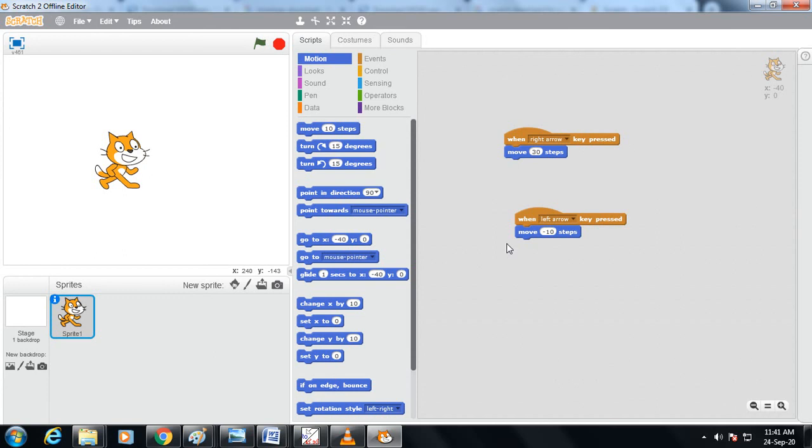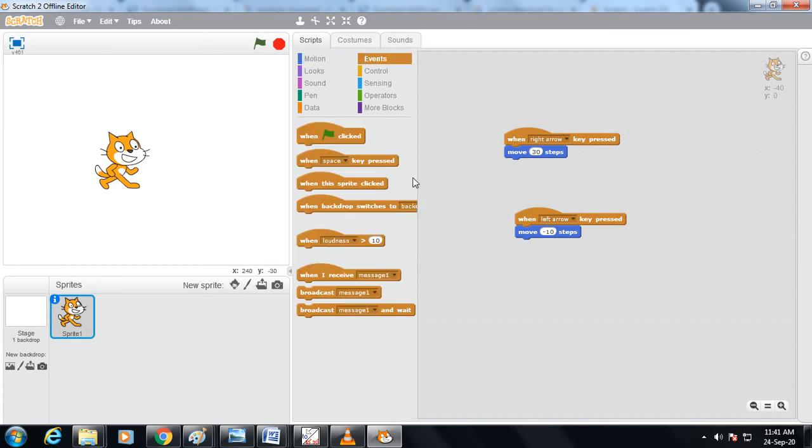So this is the starting, how you can use Scratch software, how you can move this character using two options, motion and events, fine. Event means which key you will press through which your character will move.